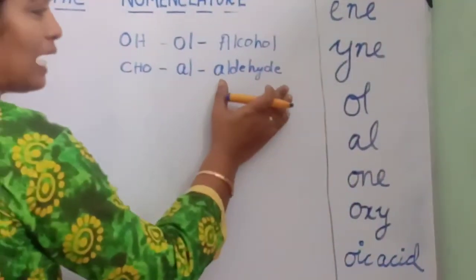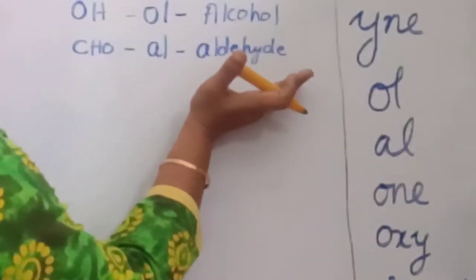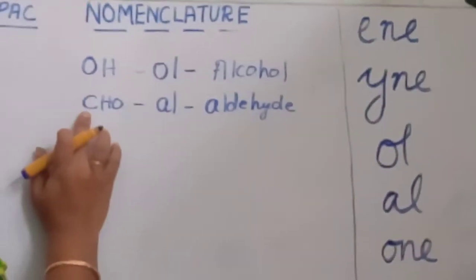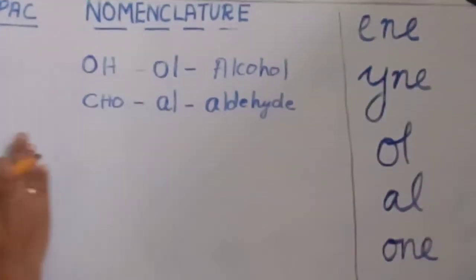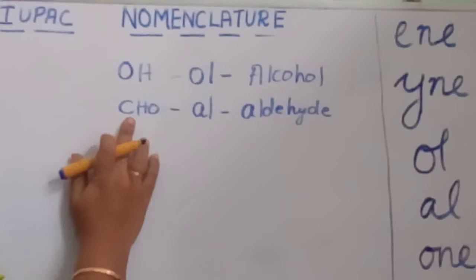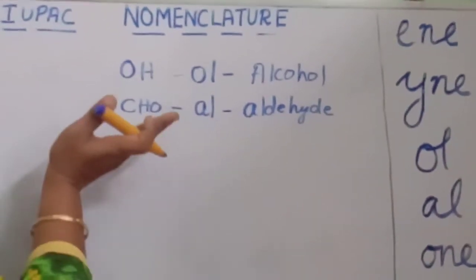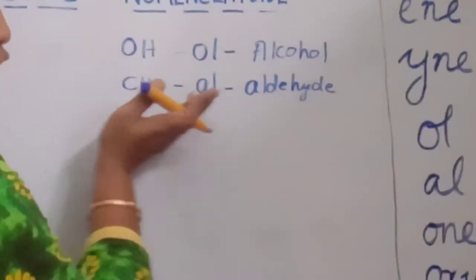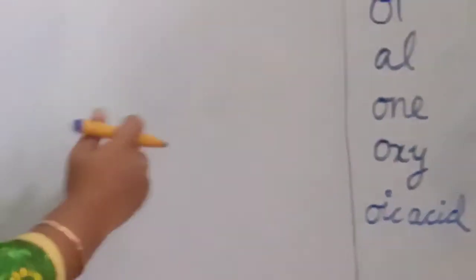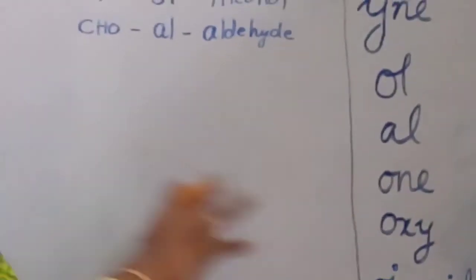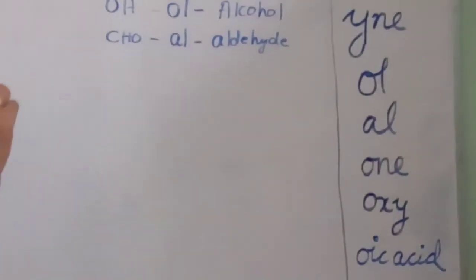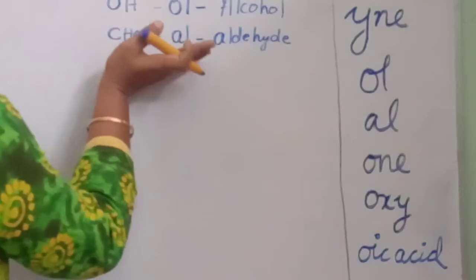Now, with this aldehyde we have to be very, very careful because this aldehyde also has a carbon attached here. So there are possibilities of students making a mistake when the carbon containing groups come, especially when it is aldehyde where we have CHO, or it is ketone C double bond O, or it is carboxylic acid COOH, where there is carbon present in the particular functional group. So there will be a lot of confusion. So we have to be very, very clear in learning an aldehyde.